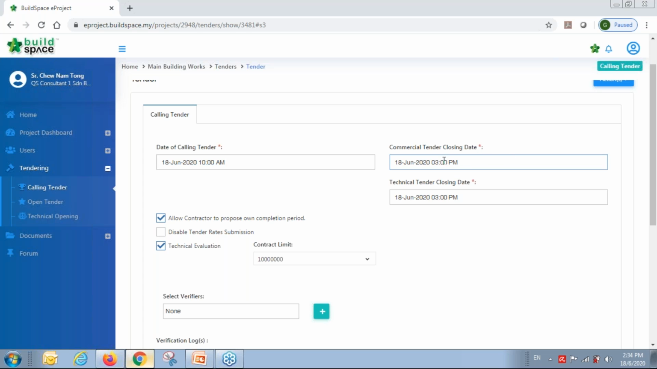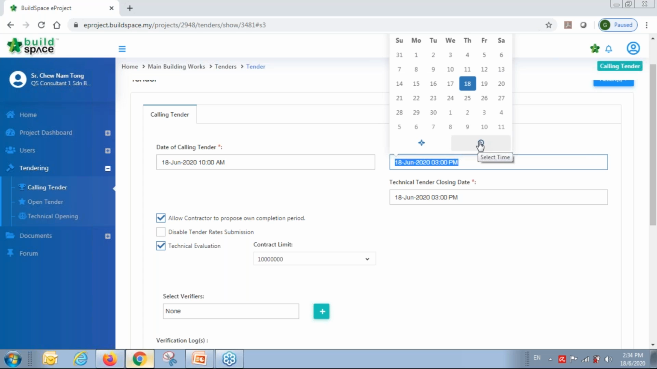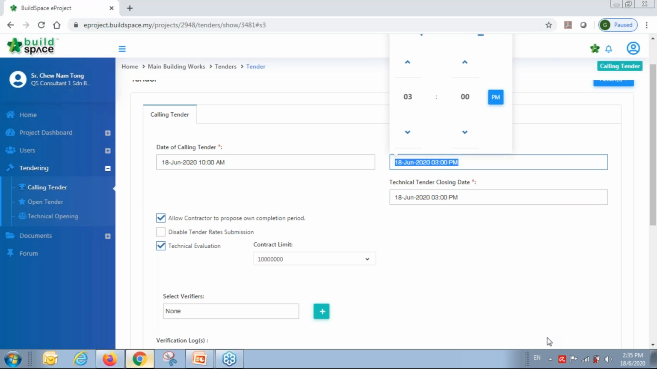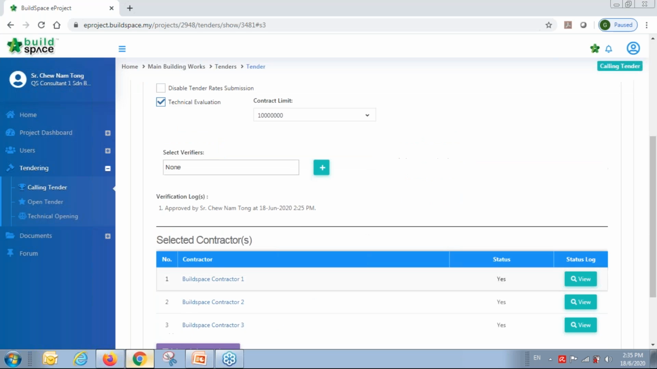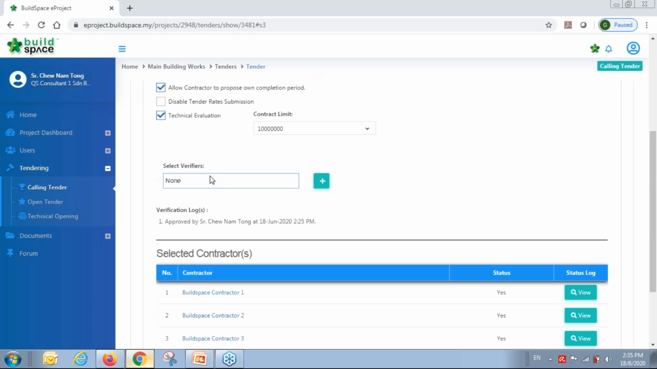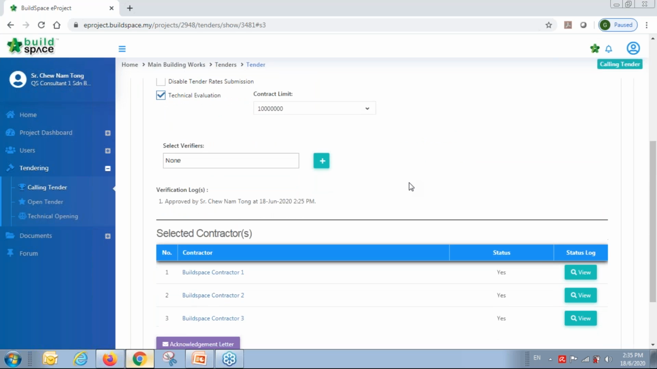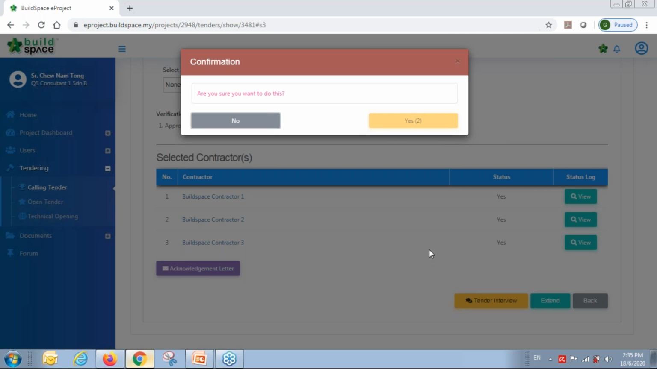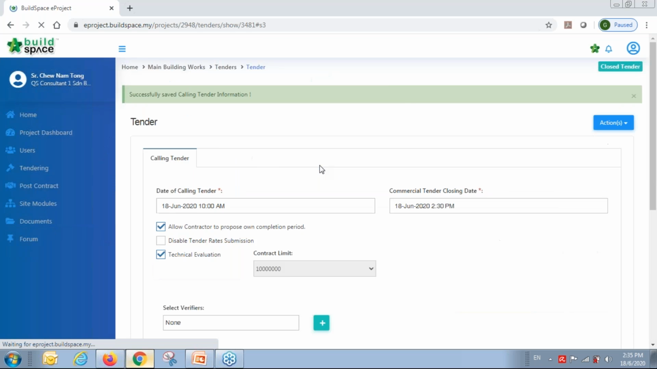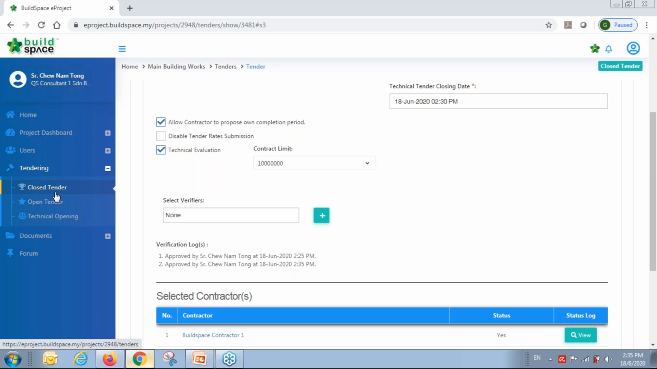If you appoint the consultant to call the tender, the consultant can go to here to change the time. Let's say now it is 2:30, and I want to change the closing to 2:30. Then the consultant can select who approves, or they can approve by themselves. Once the tender is closed, and the consultant goes to the technical opening,